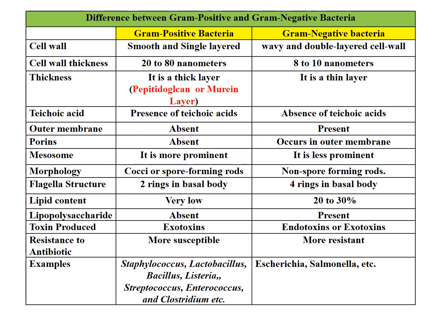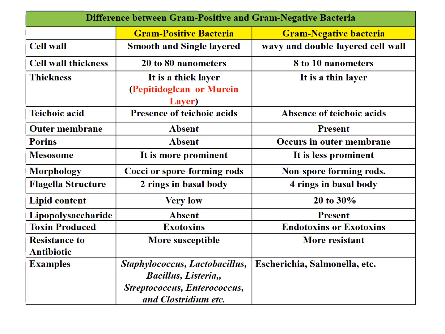Teichoic acids are copolymers of glycerol phosphate or ribitol phosphate and carbohydrates, linked by phosphodiester bonds. Teichoic acids are found within the cell wall of gram-positive bacteria only, which makes them potential antibiotic targets for gram-positive bacteria. Teichoic acid is present in gram-positive bacteria, while it is absent in gram-negative bacteria.